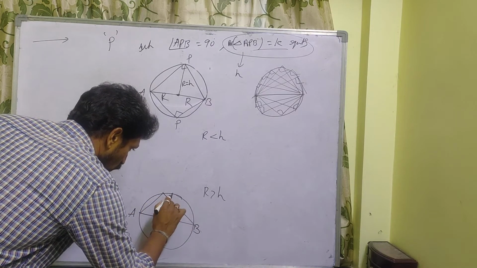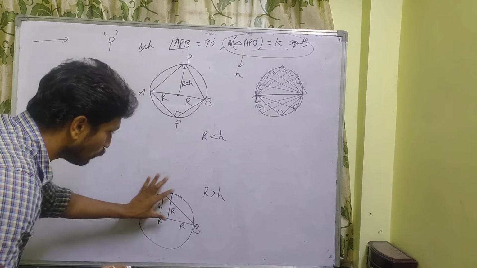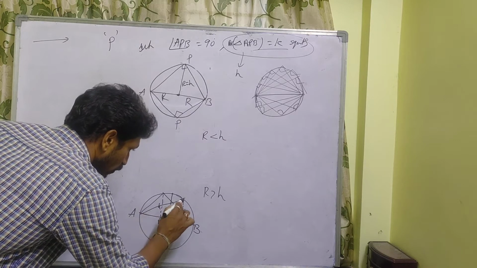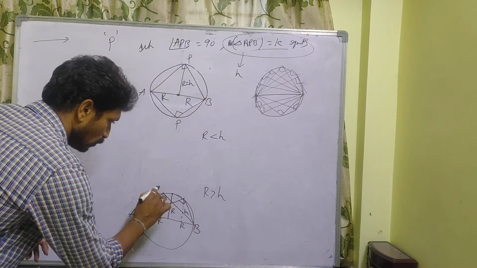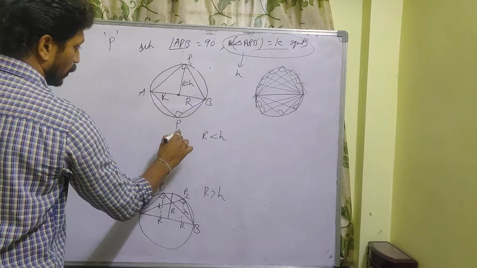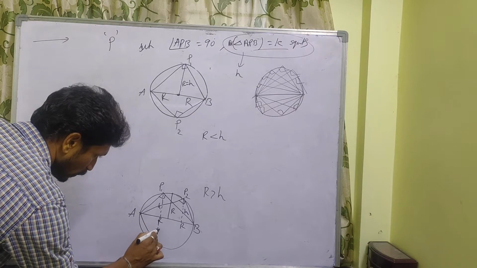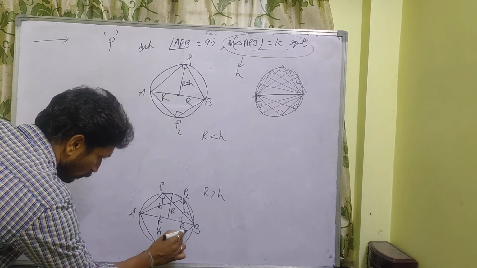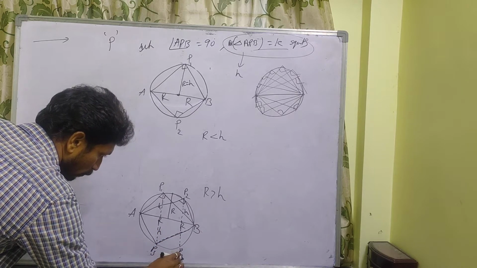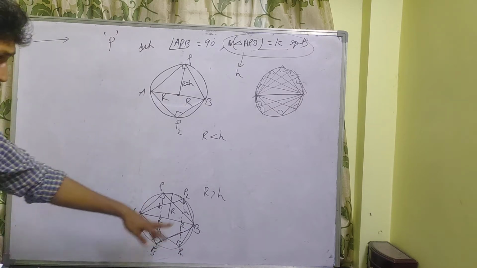So here it is the maximum height, radius. This is radius, this is radius. It is height. With the same height, we can take one more point here. So this is also one more right angle triangle. So this is point P1, P2, 2 points. So here also you can take P1, P2. And on either side also we can take one more such point with the same height H. And from this side also we can take one more point, P3, P4. So these are only the 4 points.